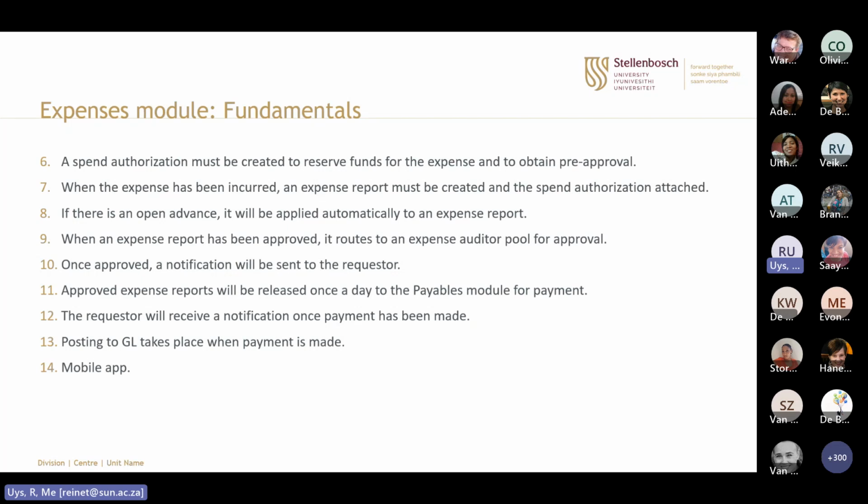So we had to have something written to ensure that the funds are reserved for us. So we call that a spent authorization. You will hear that word quite a lot. So initially, before you incur the expense, you create a spent authorization, and the aim of that is to reserve the funds